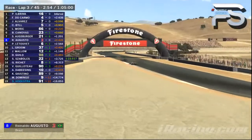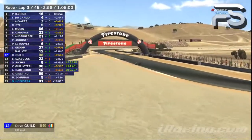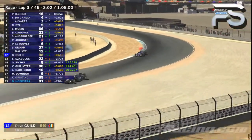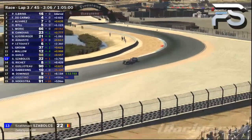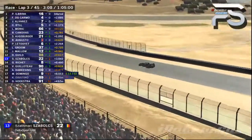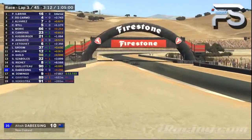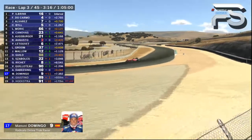It's Reinaldo Augusto in 8th. And let's take a quick check here on Dave Guild. Dave Guild is right behind James Mallow. He's currently shown in 12th position. And Sasmari Zabolks, I should say, is in 13th. Atish Nabising, you're back here in the 16th position, and Manuel Domingo is shown in 17, and